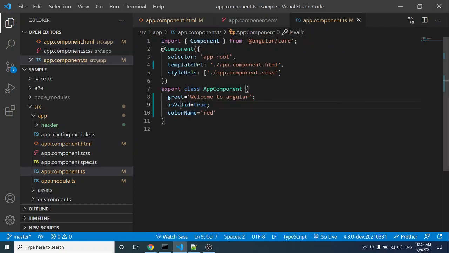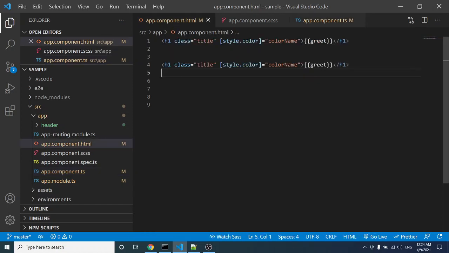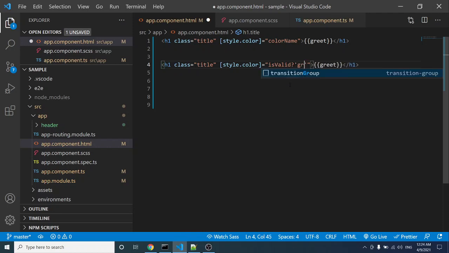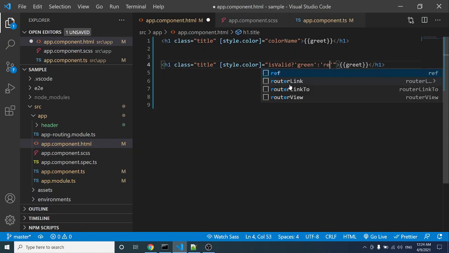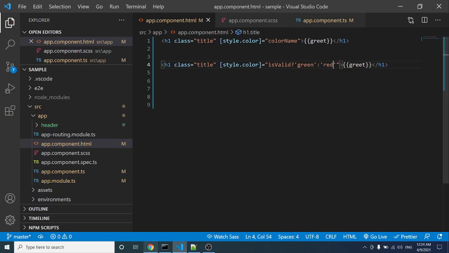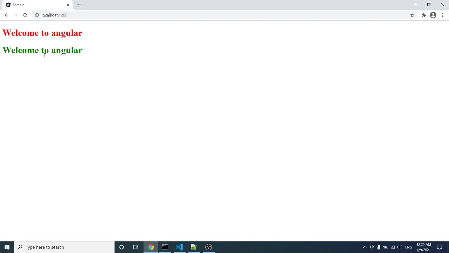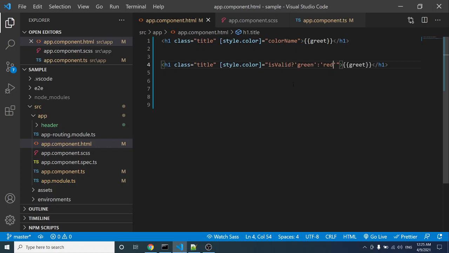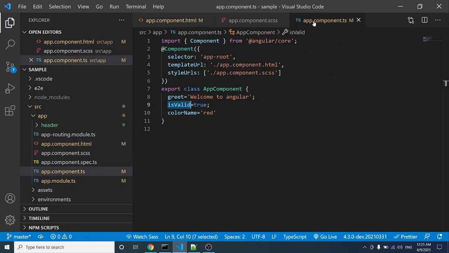Here we have the isValid property and we check it: if it is valid, we want to apply green color, otherwise it will be red color. Let's refresh the page. Here you can see the second line of welcome to Angular is coming in green color. Why? Because isValid is true in the component.